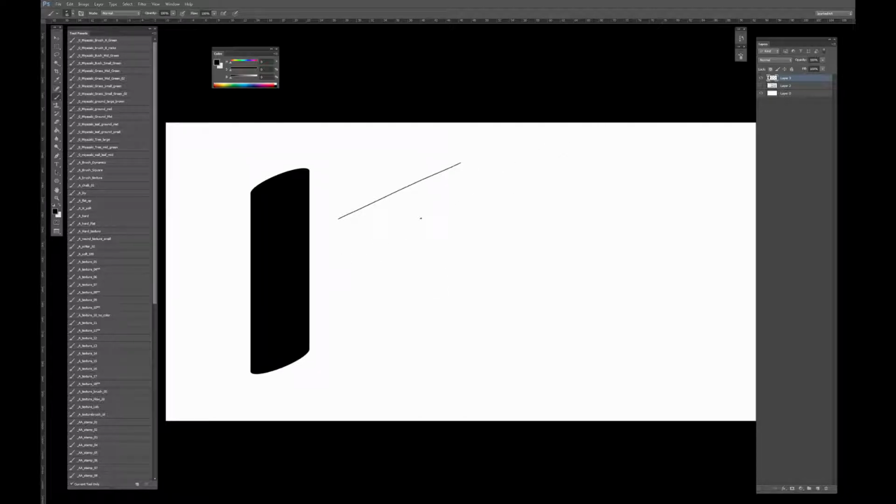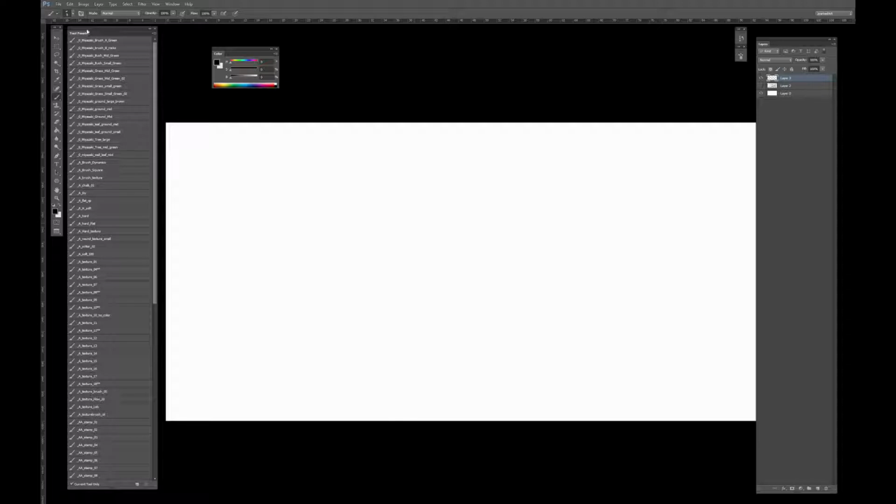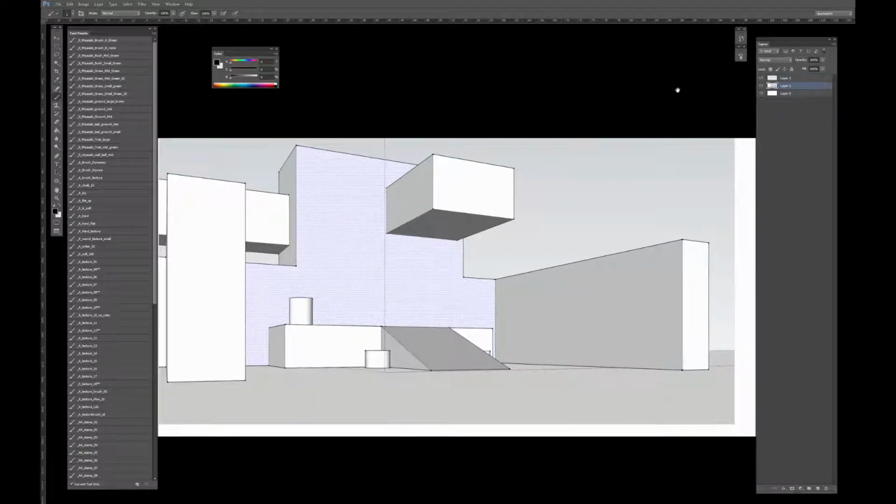I like to typically draw with anywhere from 2 to 5 pixels in drawing. And when I need to do my darker outlines, I'll use 5 and above to do my darker outlines of certain objects to really punch them out. But for the most part, drawing out our ideas, I'm going to use anywhere from 2 to about 5 at most. So with that, here I have my underlay,